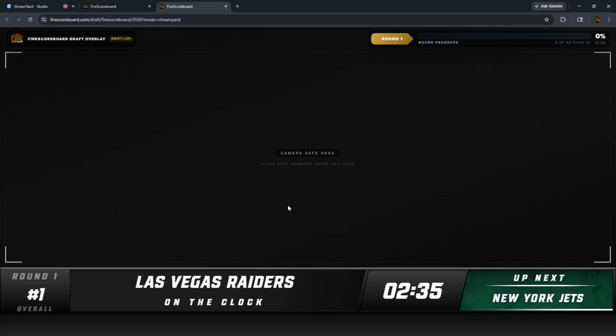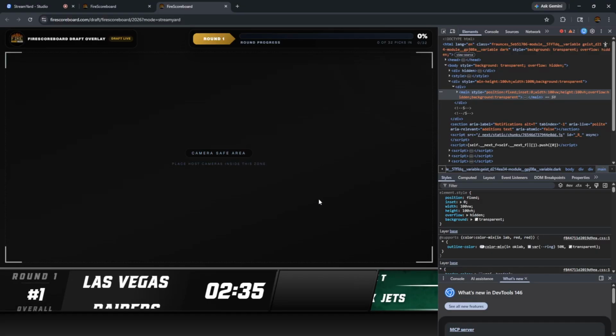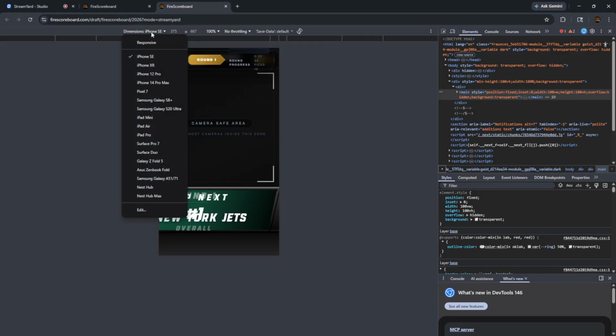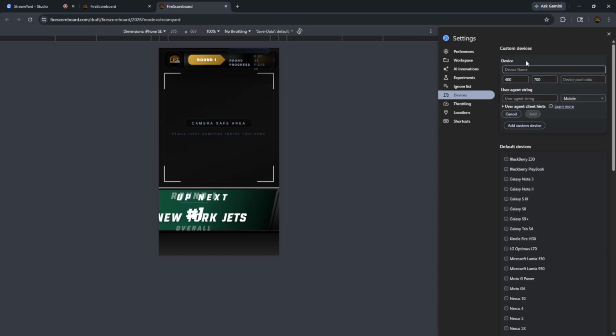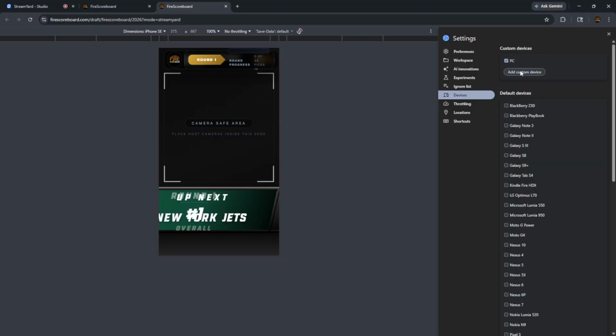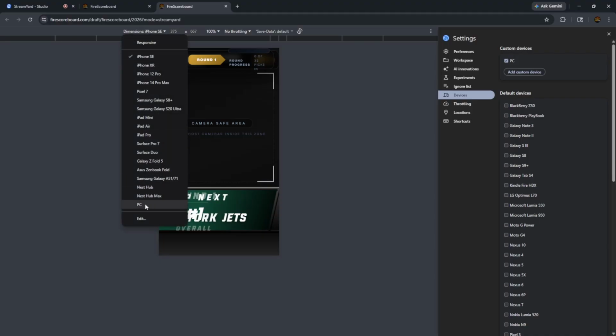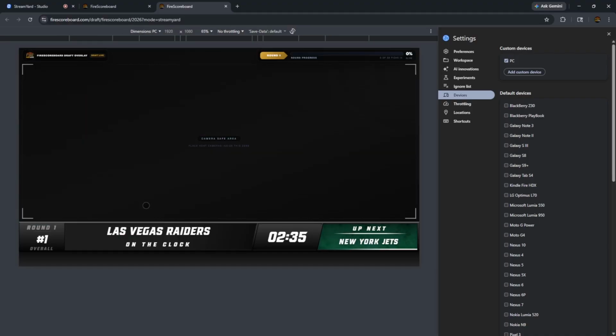To make sure it's displaying at the recommended 1920 by 1080, right-click anywhere on the overlay and hit Inspect. Click the Device Toolbar button at the top right next to the Elements tab and go to the Dimensions dropdown. Select Edit and add a custom device. Name it PC, set it to 1920 by 1080, and click Add. Then just select it from the Dimensions dropdown. What this does is let Chrome treat that tab like a full monitor display, so StreamYard picks it up cleanly